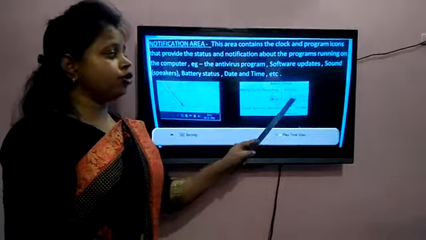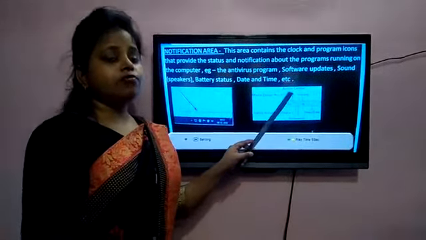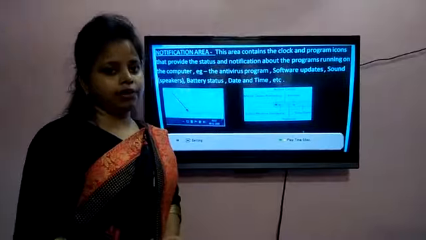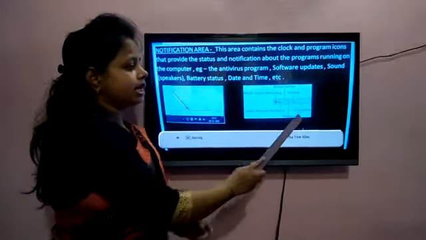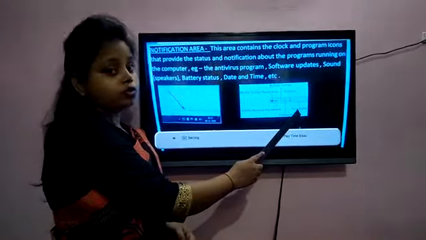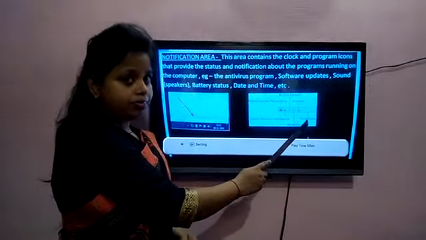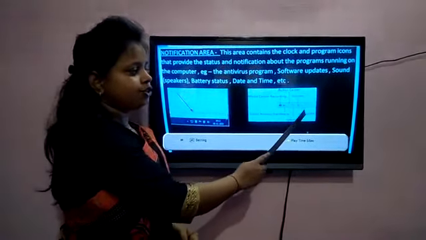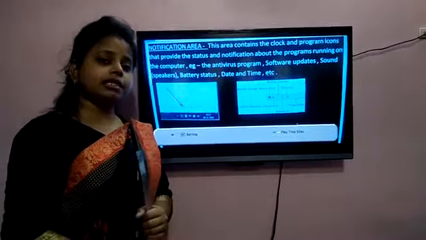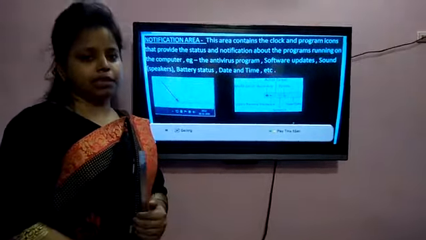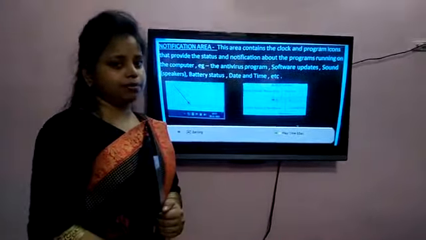It will give you notification about which option is active and which is inactive. If you want to change the date and time in your computer, you can change it from here, where the notification area is present in the taskbar.